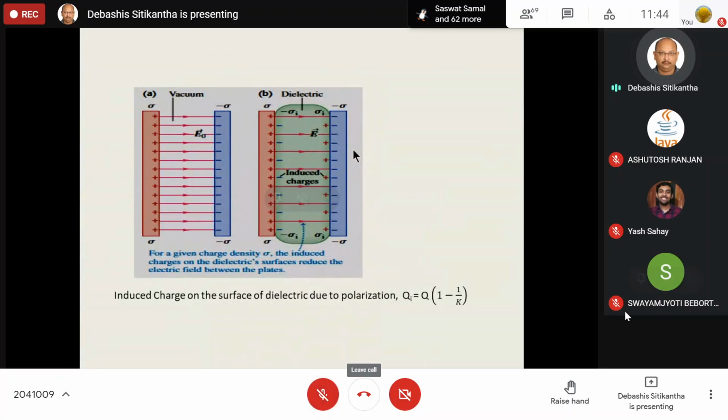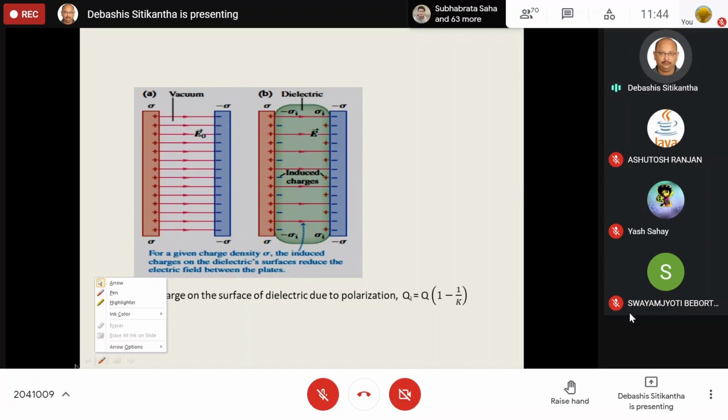Now, another important thing that we need to learn regarding this dielectric medium. You can see in figure A, I am having vacuum as the dielectric medium, whereas in figure B, I am having an insulating material other than air or vacuum as the dielectric medium. There is something very special about these two cases. Let me explain it to you all. In the first class, when we were talking about the properties of charge, I talked about something known as polarization.